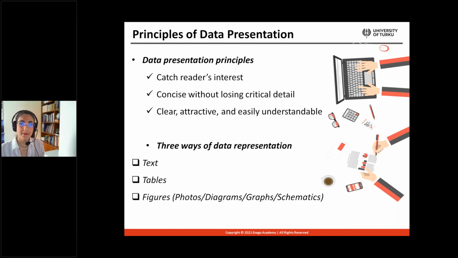You should be aiming at catching the reader's interest. So we need to present in the most objective fashion, but also in the most attractive fashion. And it's important to integrate those two considerations. Be concise without losing critical detail, and be very clear